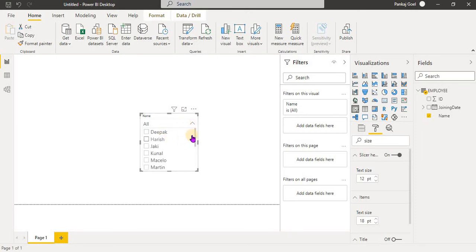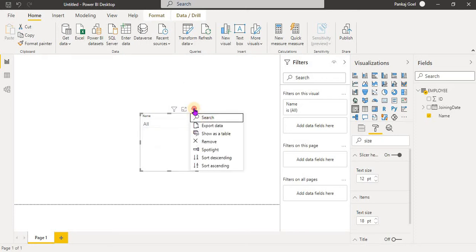See, there is data that it's showing in our drop down. So suppose we want to search by the text box. We want to search all the names that start with M. So how will we do it? When we click on three dots, it gives you a search option. Click on it. This way, it adds search over here.